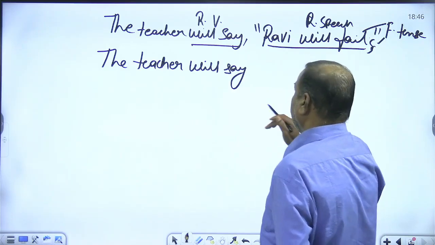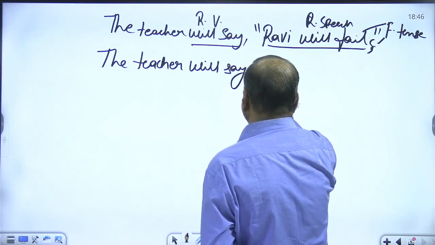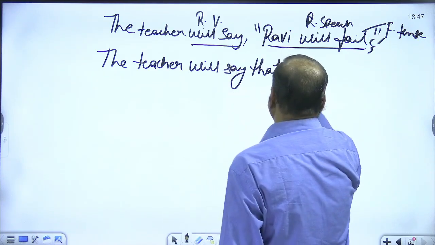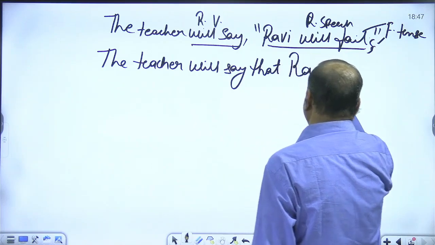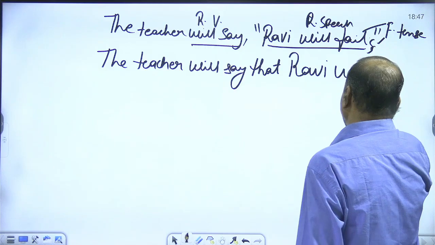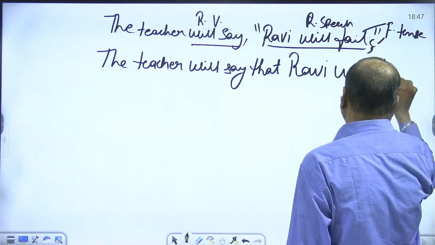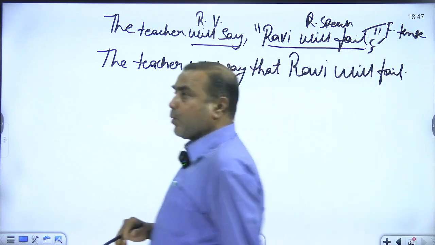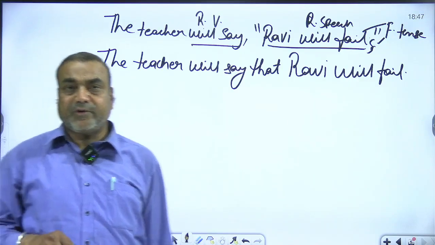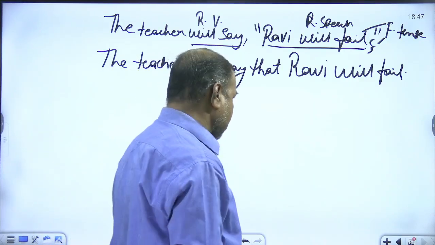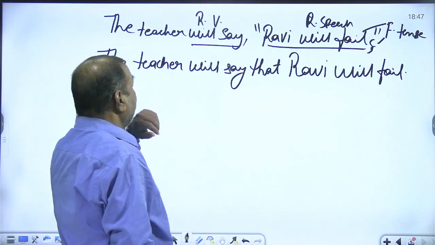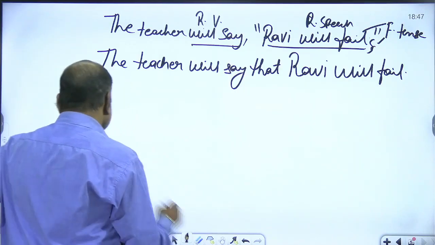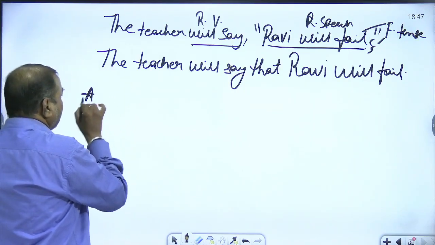Then we will join it by the conjunction that: the teacher will say that what? Without a change, capital Ravi will fail, without any change in the verb of the reported speech. Why? Because the reporting verb was in future tense. So we can note from here that